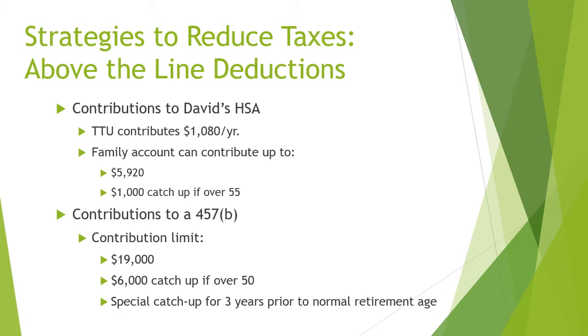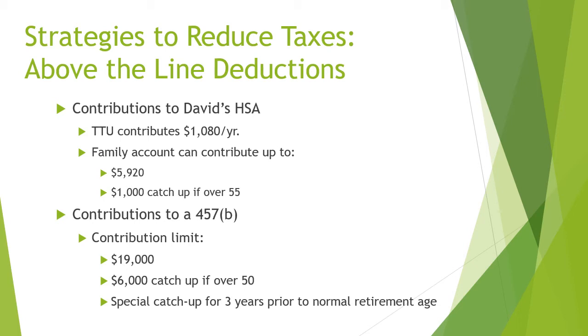Overall, contributions to a 457B plan would be beneficial as it lowers your gross income for the tax years in which you are employed, and it allows you to continue to save for retirement. This account will also be useful to supplement your pension income after you retire and before Social Security and required minimum distributions, or RMD, begin.